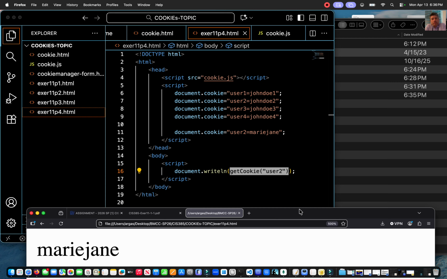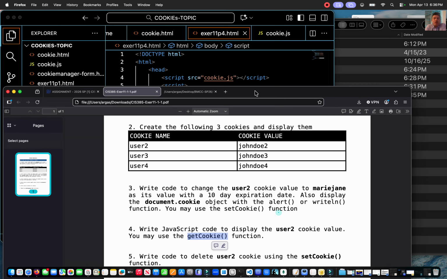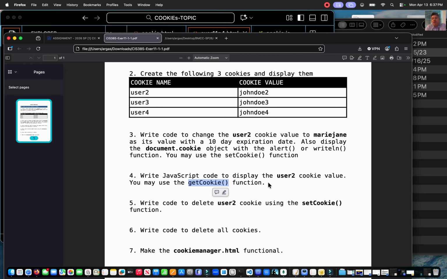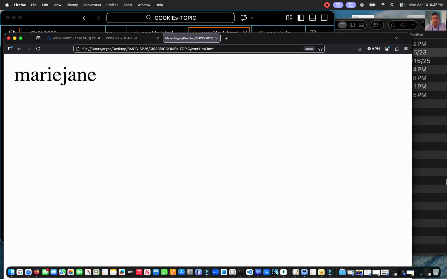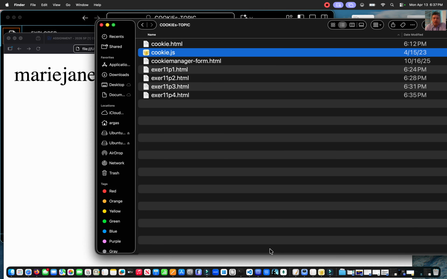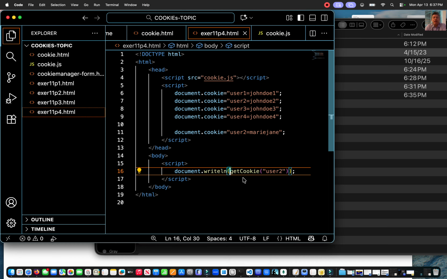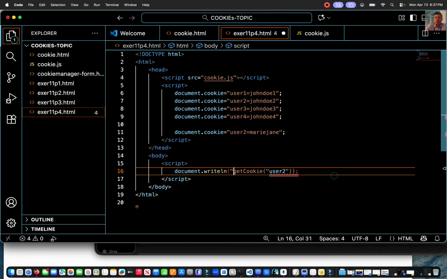Why did it put that name, Professor? No, we were just trying to do number 4, which number 4 we want to display. I mean like the word cookie. Like did it come up with that name? Oh, yeah, we could add it. You're right. Probably be better if we could say user2 cookie